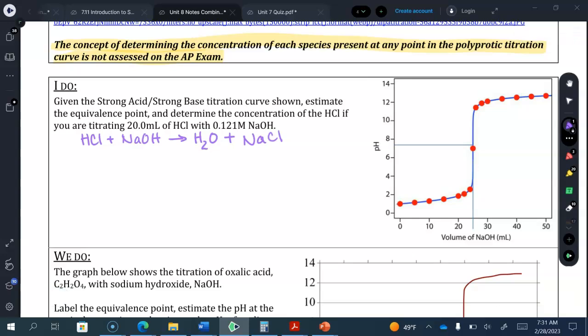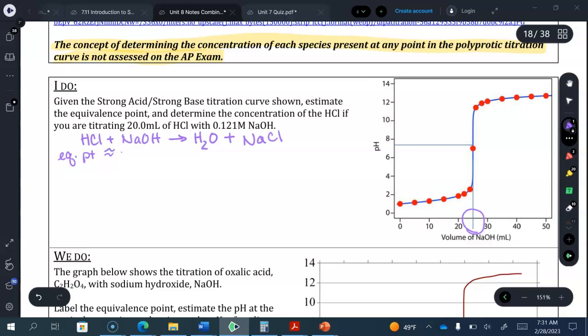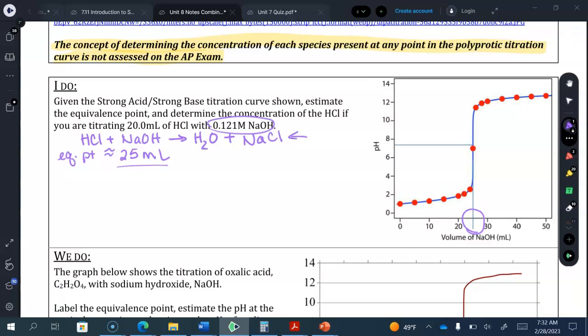So our equivalence point, we see this is our equivalence point, and this is about 20 milliliters. So our equivalence point is at about, oh, not 20, 25 milliliters. My apologies. Okay. So we know the amount of base added, we know its concentration, and we know the balanced equation, so we can convert it to moles of the acid and then calculate the concentration. So we have 25 milliliters